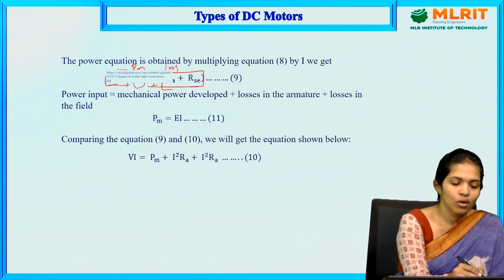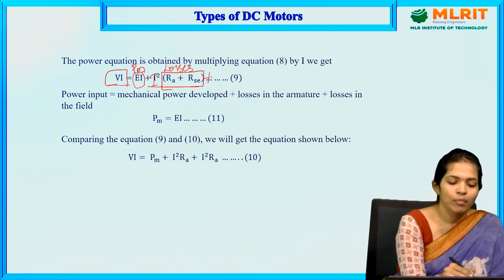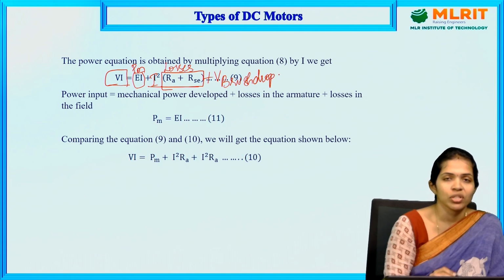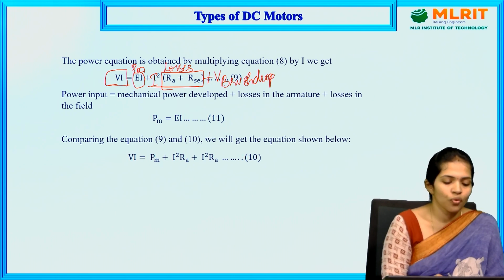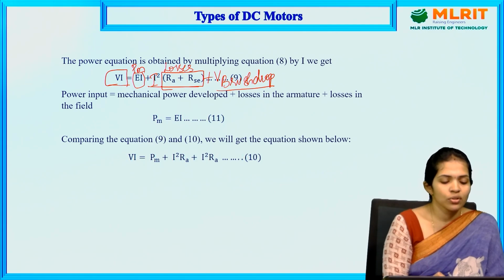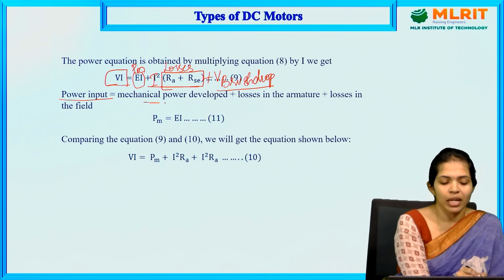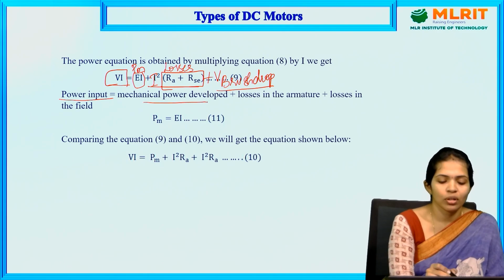So these are the losses in the windings, and apart from this we'll also have the brush drop, or the loss occurring near the brushes. Though it is a very small amount, a small drop occurs across the brushes, so we also need to consider it. So power input will again equal the mechanical power developed plus the losses in the armature